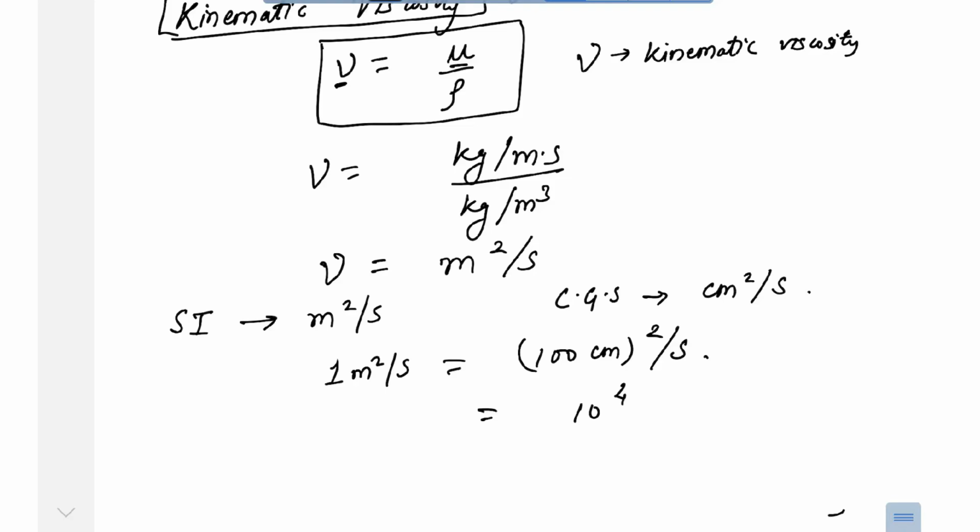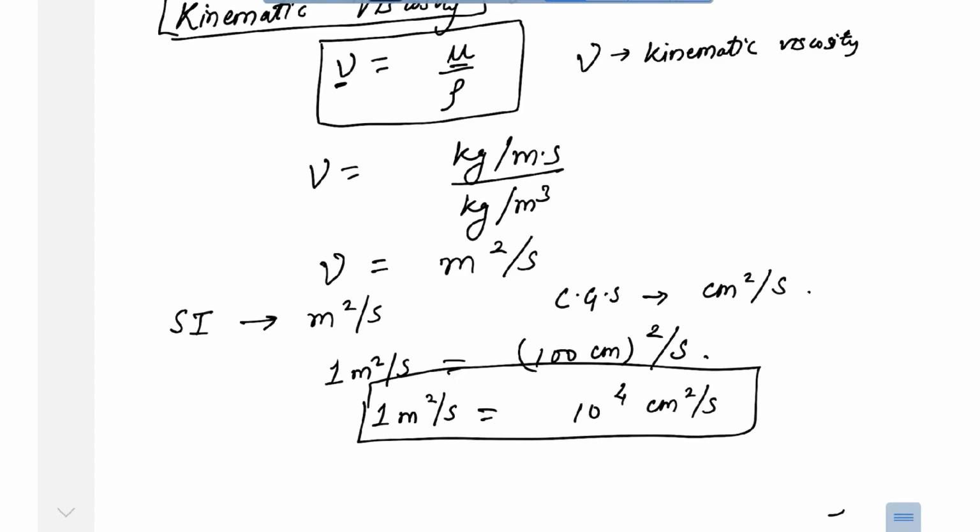So you can see that 10 raised to power 4 centimeter square per second will be equal to 1 meter square per second. And hence here is the relationship between the CGS unit and the SI unit